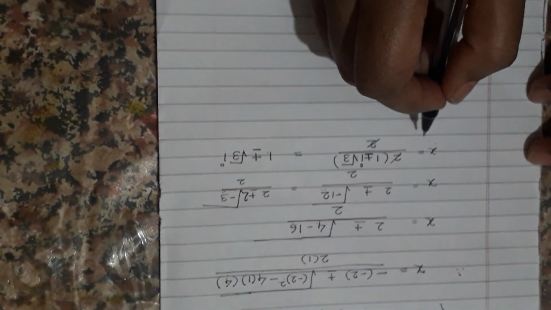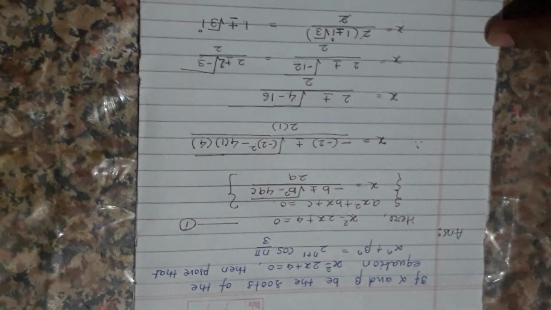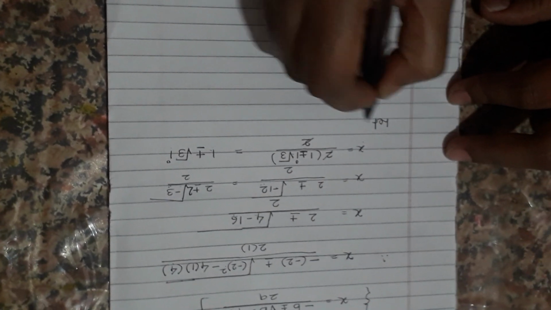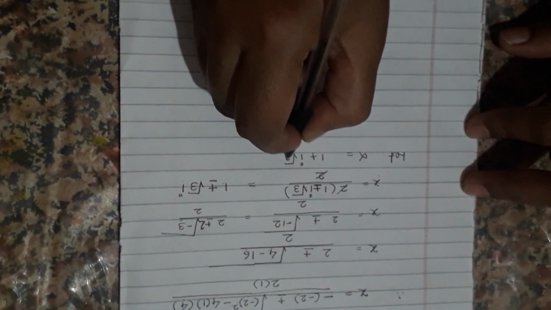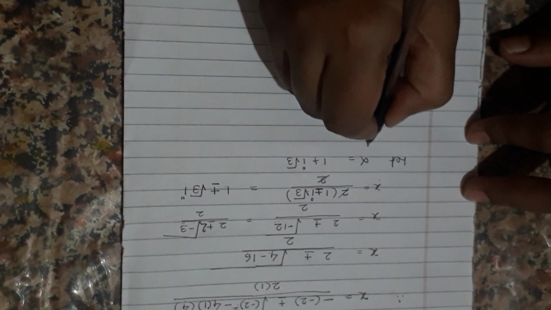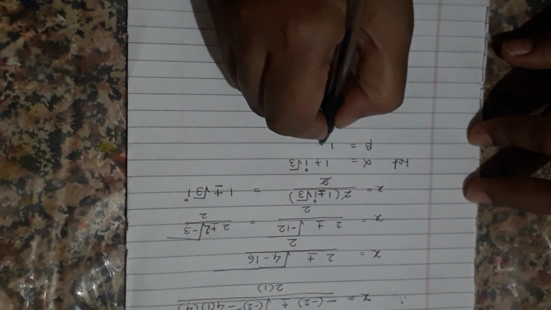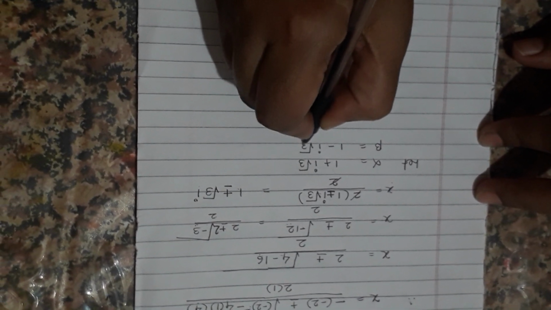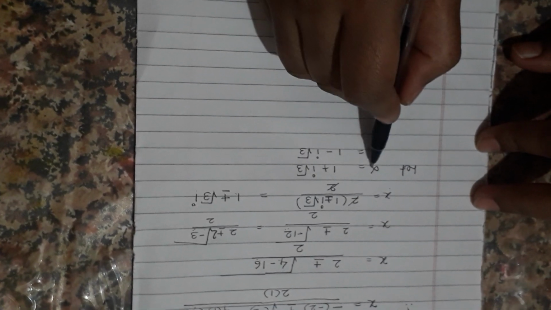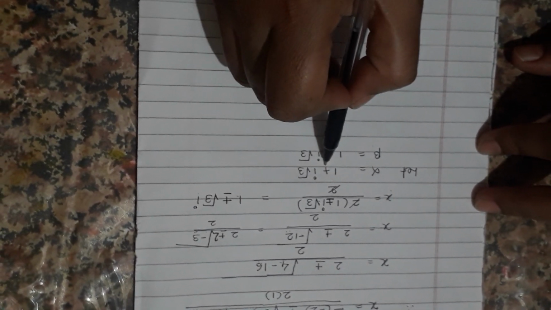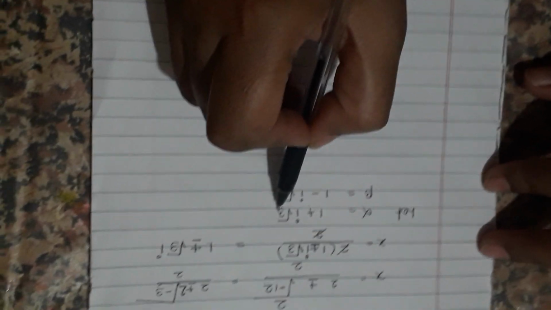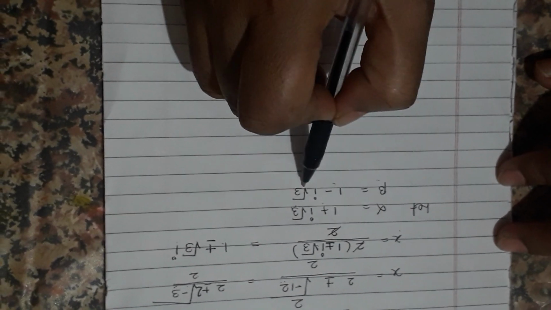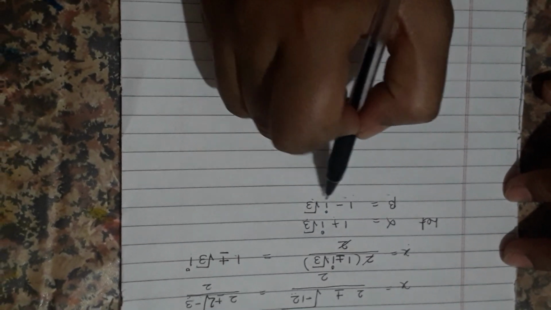Now we give particular names to those two roots, as we have been given that alpha and beta are the roots of that equation. So we consider that let alpha equal 1 plus i root 3, and second we consider beta as 1 minus i root 3. Now if you see carefully, both the roots alpha and beta, here alpha is 1 plus i root 3, again it is in the form of a complex number. A complex number is x plus iy. And the second, beta, that is 1 minus i root 3, again is in the form of a complex number, x minus iy.